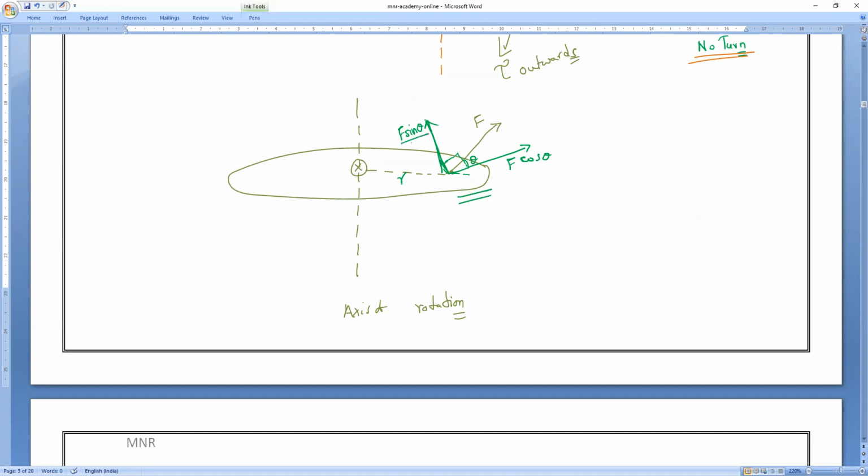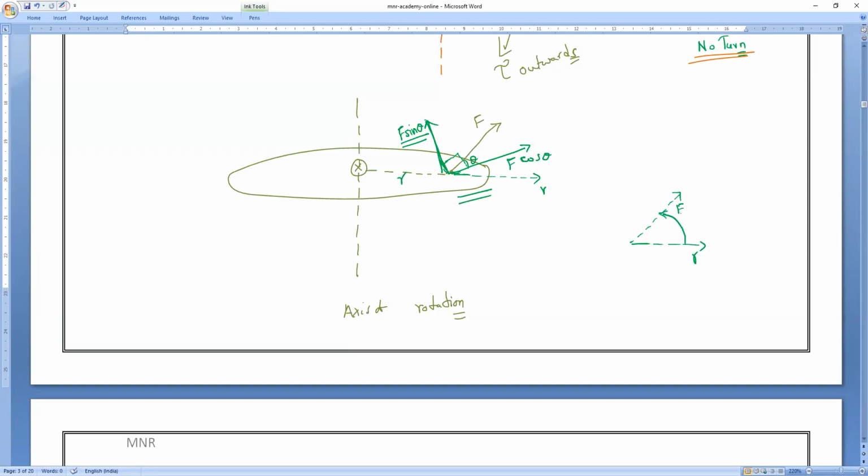Who will produce the turning effect? F sin theta. Do you understand? If you want, you can apply it. This is R, and this is the applied force F. Let me apply it now. If I join the tiles, you can notice it. So this is R, and this is the applied force F. Now if you go from R to F,